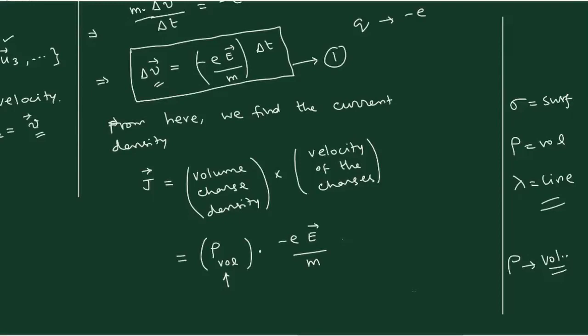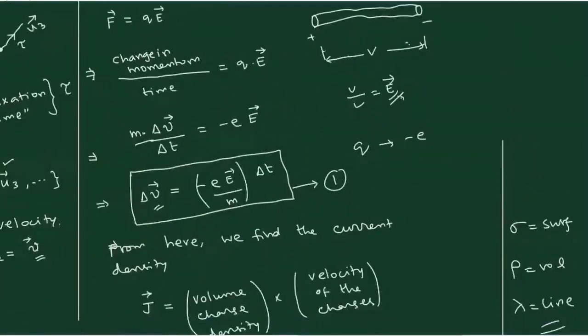So this delta t, what is it? It is the time during which these electrons have gained their velocity. What is the name of this time? We have already given the name: it is the relaxation time. So therefore, I will now say that delta t is tau. Tau is the symbol. Just now I explained what is meant by tau here.